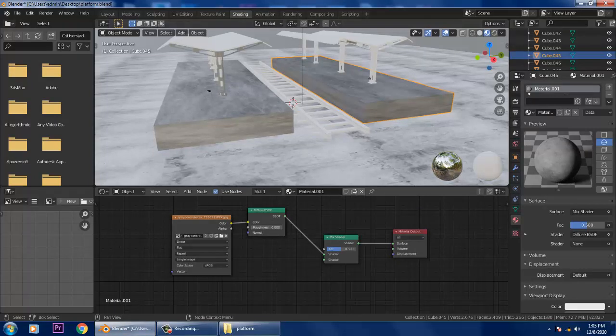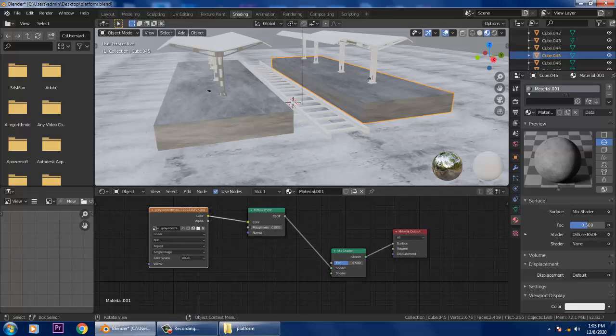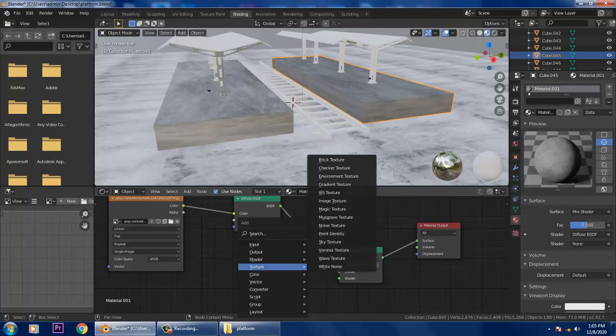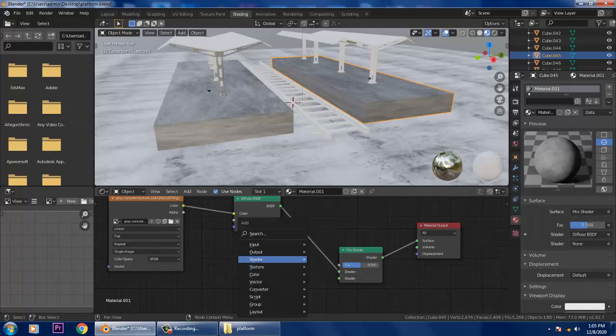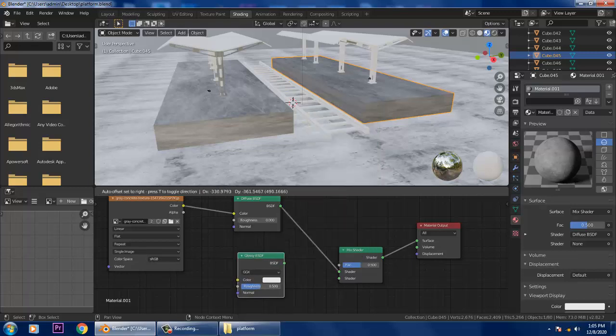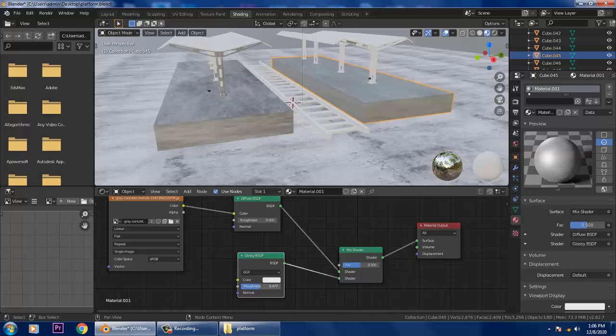So you have a mix shader. If you want to add some kind of reflectiveness, you can easily add a reflectiveness over here. You also have it in diffuse also. You can just go into Shift A, go into Shader, and you have a Glossy shader over here. If you want some glossiness, you can just connect it with the shader over here. Now if you just reduce it, you will see that you get a reflection over here. That's just an example. If you want to go with that, you can go with that.